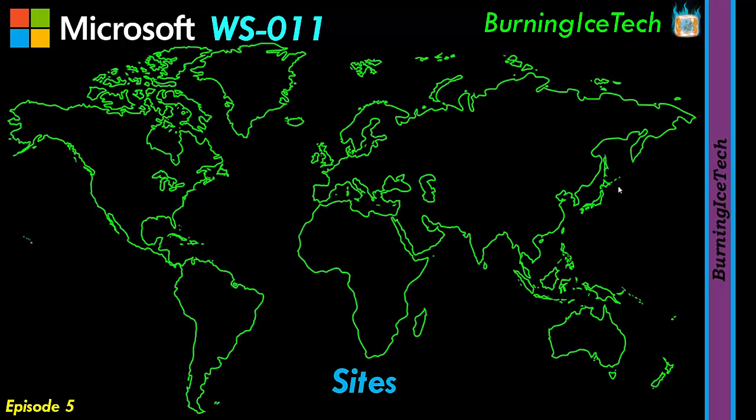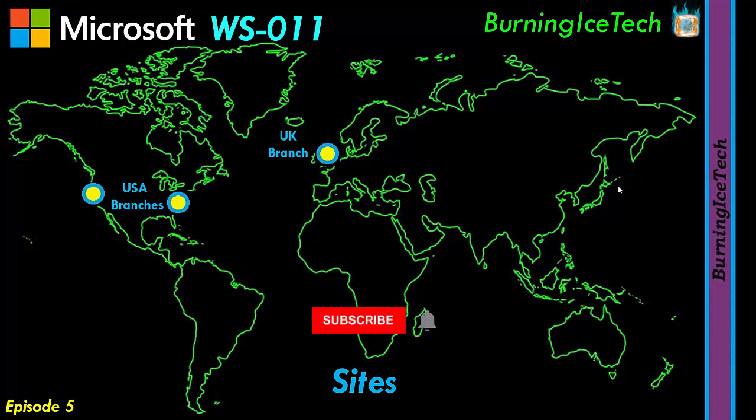Let's imagine for a moment we have a company. Let's call this company X, for argument's sake. Company X maybe has, I don't know, 3 branches, 2 of which are in the United States of America, USA for short, and then we'll go and dump one maybe in the United Kingdom, being UK. Now, for most things we need to do, this won't really be a problem, but there will be a time